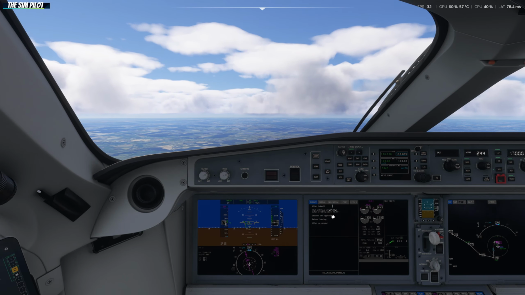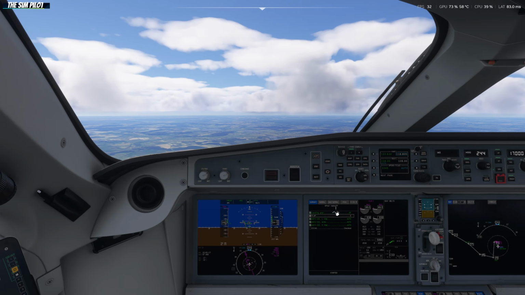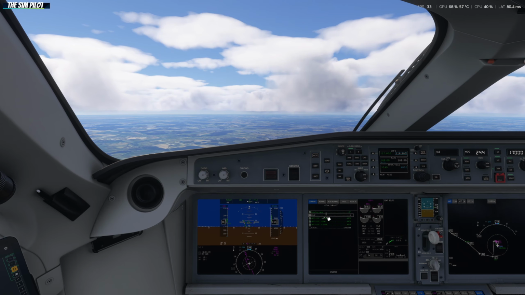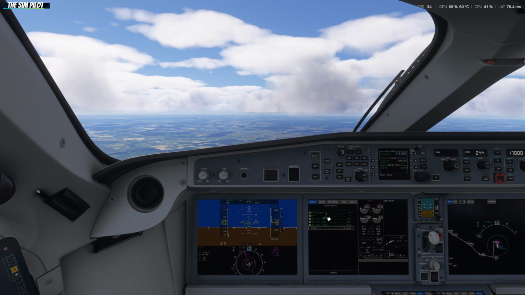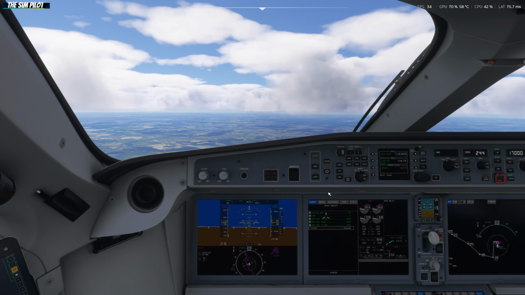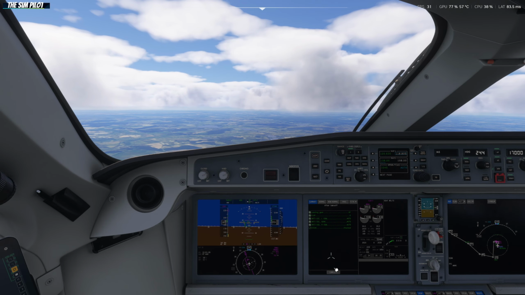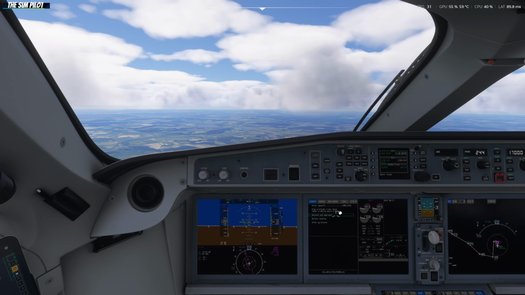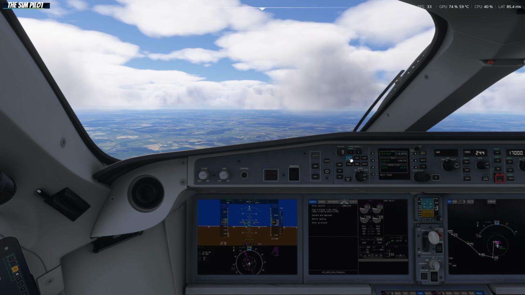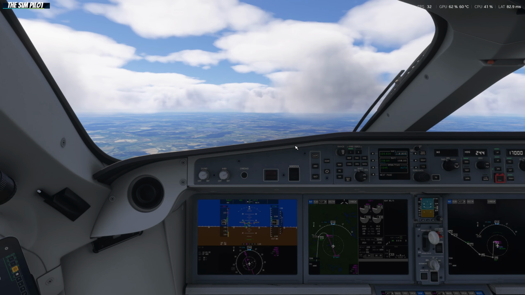In the meantime, let's take a look at the after takeoff checklist. Landing gear is up. Flaps are now coming 0. ICAS is checked. After takeoff checklist is complete. And we will do the high altitude climb when we are getting close to